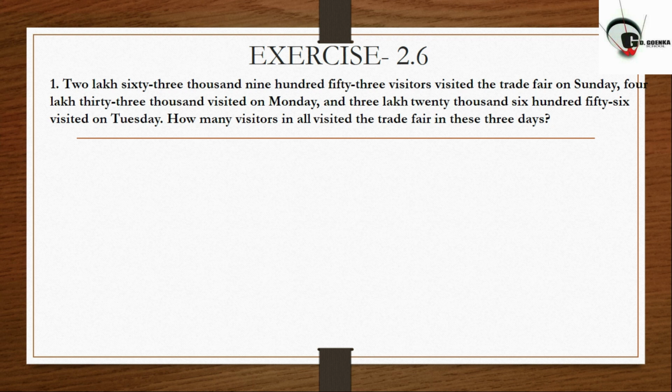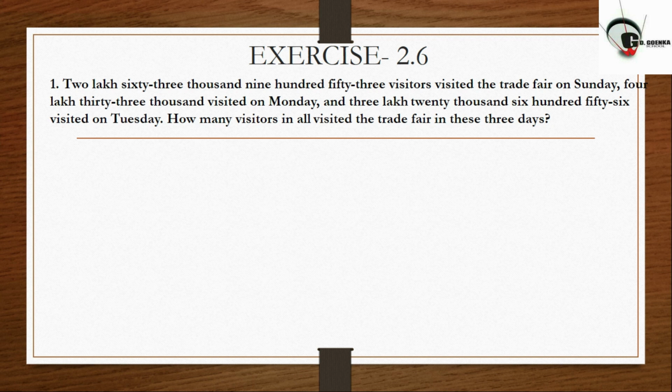So children, what is the first step to do the word problem? Yes, the first step is to read the question carefully. The second step is to note down the given information in the question. The third step is to identify which operation we are going to do, either it is addition, subtraction, multiplication or division. And the fourth step is to solve the question, and afterwards we need to cross check whether we have done it correctly or not.